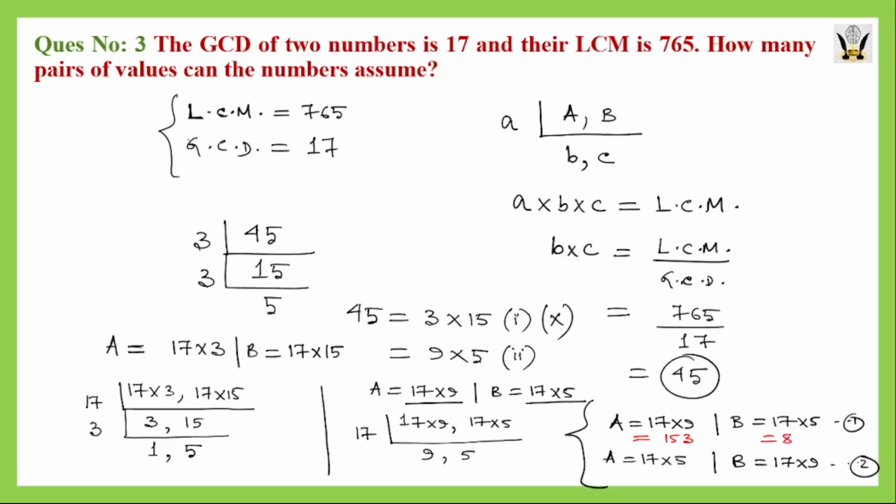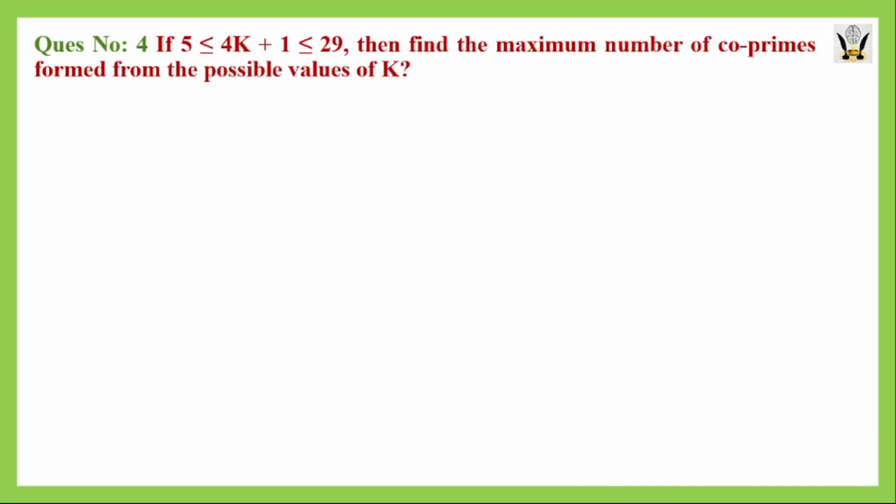153 and 85, or another possible combination is 85 and 153. The next question says that if 4k plus 1 is greater than or equal to 5 and less than or equal to 49, this is one relationship that is given, then find the maximum number of co-primes formed from the possible values